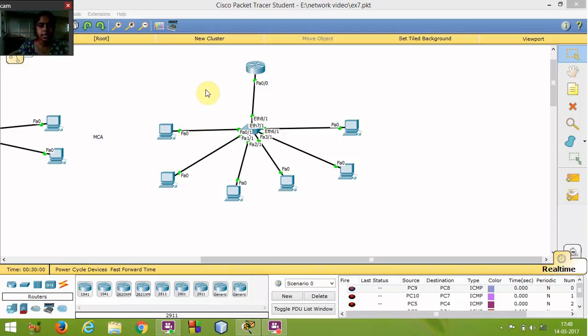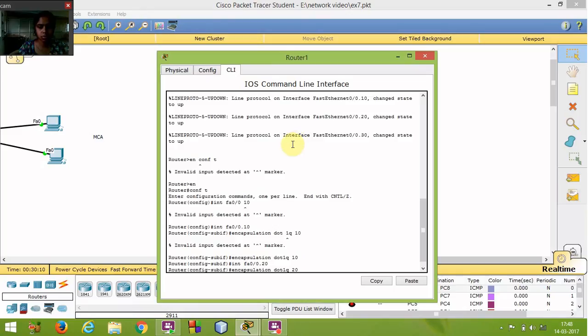And in intra, we are not giving the configuration commands for a router, but in inter we will give the configurations of the router. The command for this configuration is